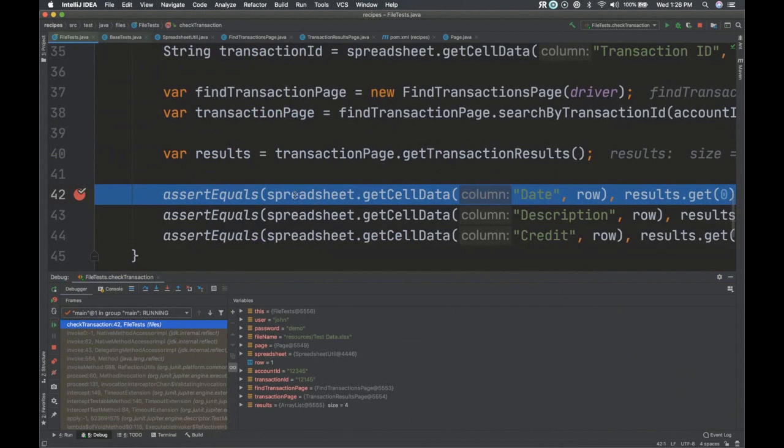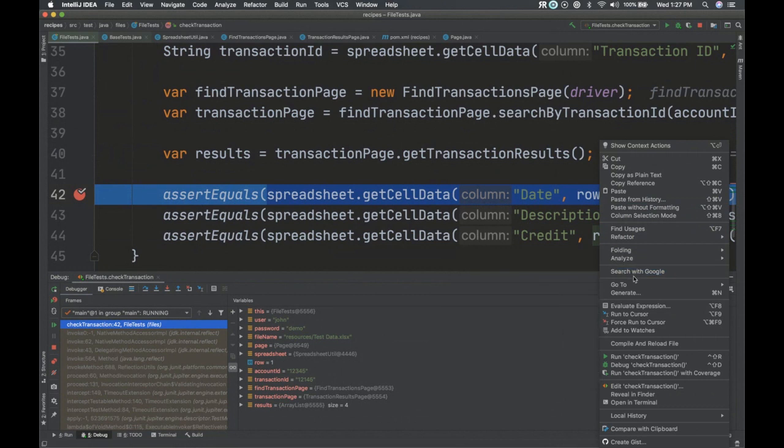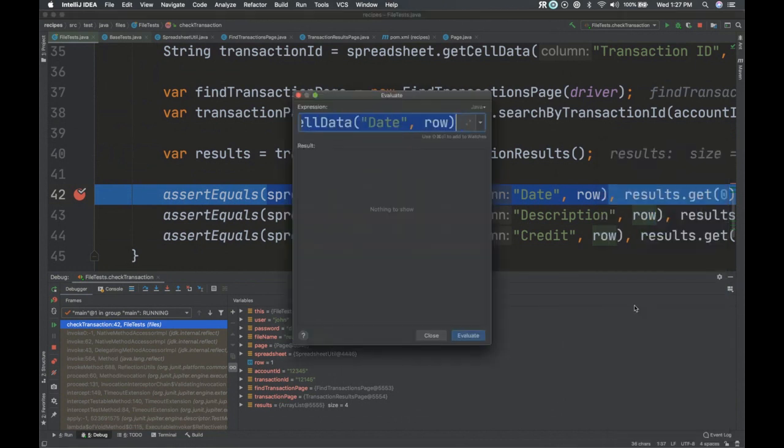All right. So we said we want to compare these two things. So let me just do this. I don't know if you know you could do this. When you're in debug mode, you could do this evaluate expression. And so you can see what things are that's part of a bigger statement. So yeah, you see that?